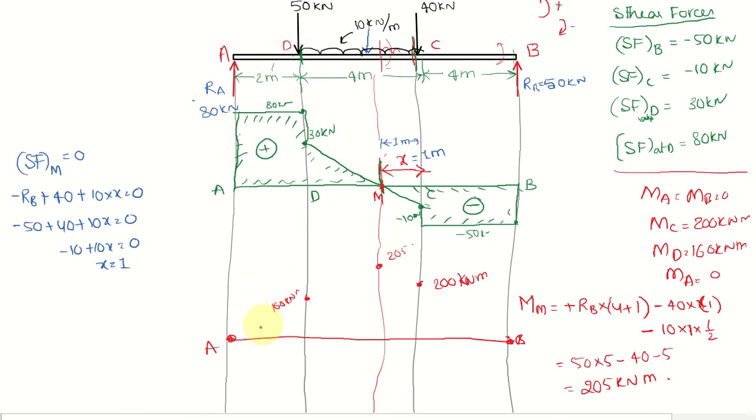So where there is no load, or there are point loads, it will be joined with a straight line, and this is the UDL up to this portion. So between D and C, that is UDL. So we have to join them with curves, parabolic curve, and now we have to join again with the straight line. So we have above the reference line, this is the positive bending moment. This is the bending moment diagram, this is the shear force diagram.